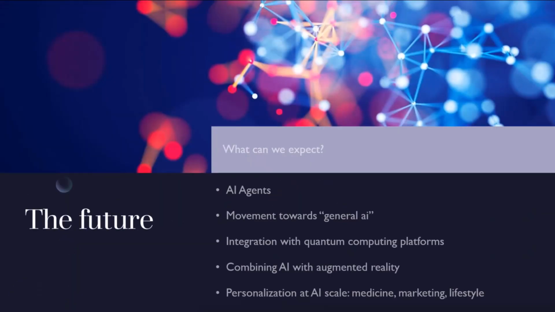So what can we expect in the future? I mentioned AI agents earlier, and I want to get a little bit deeper into what those really are, because this is an area that people have not really explored yet, but it keeps getting talked about. What is an AI agent? Well, it's what Alexa wishes she was, basically. An AI agent is something that's incredibly good at interacting with a human being, understanding contextually what they want, and then taking that and interfacing and integrating into a wide range of other AIs that can then do the task.